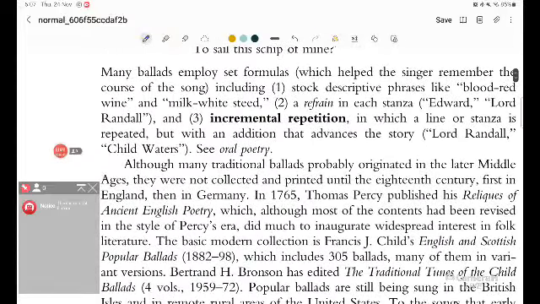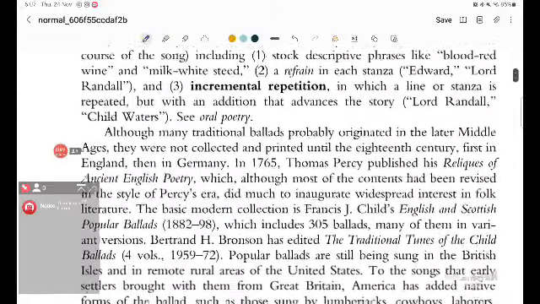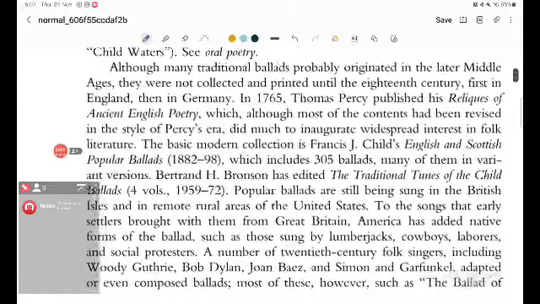Many ballads employ set formulas which help the singer remember the course of the song. क्या क्या होता है ये? Stock descriptive phrases like blood red wine and milk white steed. Second है a refrain in each stanza, Edward, Lord Randall, etc. Incremental repetition in which a line or stanza is repeated but with an addition that advances the story. Lord Randall, Child Waters. पूरा पोएट्री हम बाद में कर देंगे, डोंट वरी।